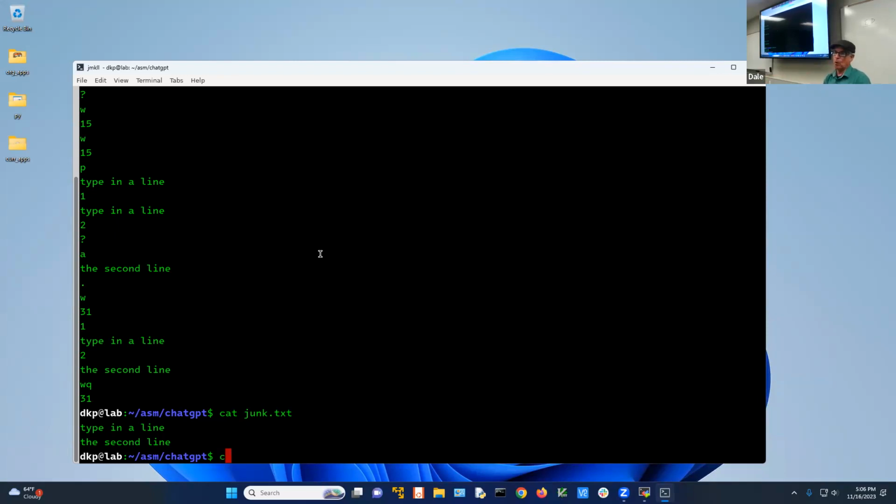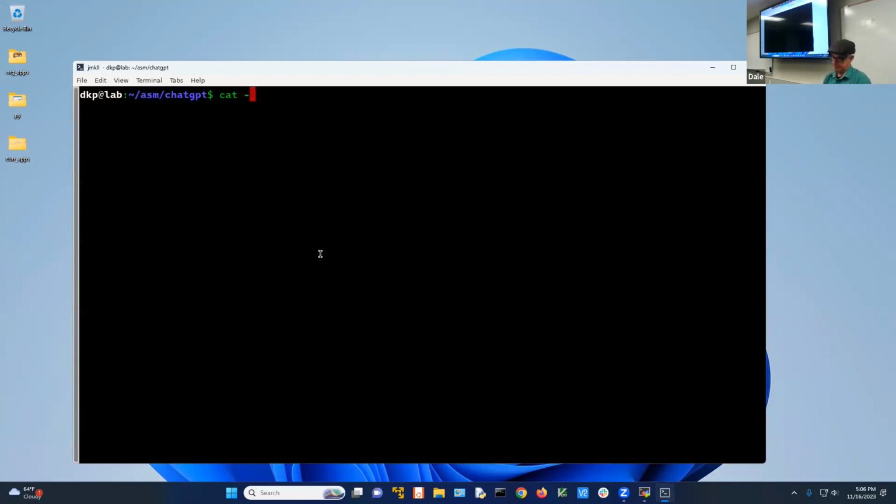So let me show you a very quick way to create a file. You just say cat, minus, greater than, junk2.txt. Now, whatever you type in, okay, and then you hit Control C. Now, if I cat junk2,